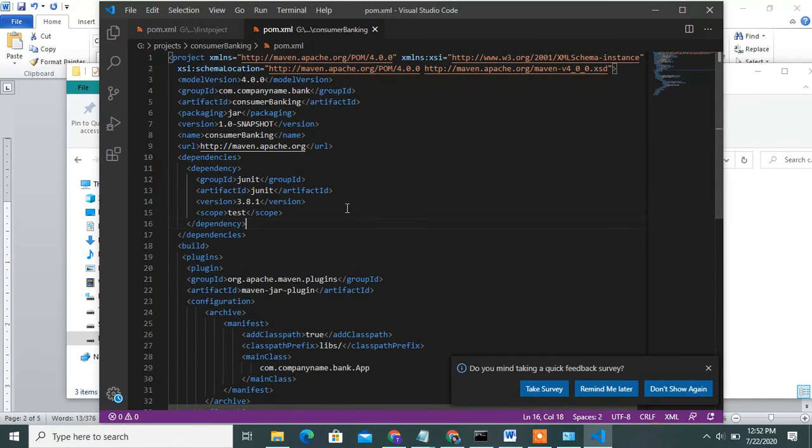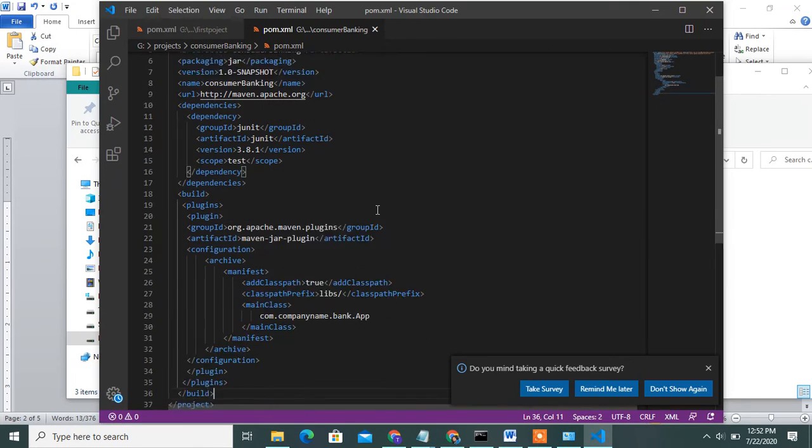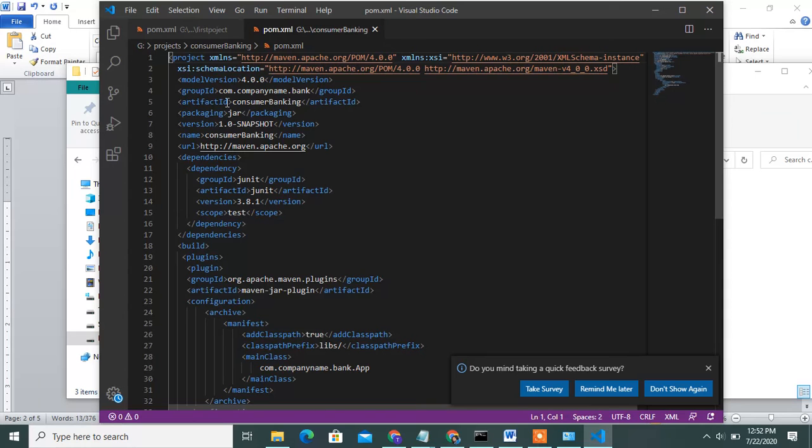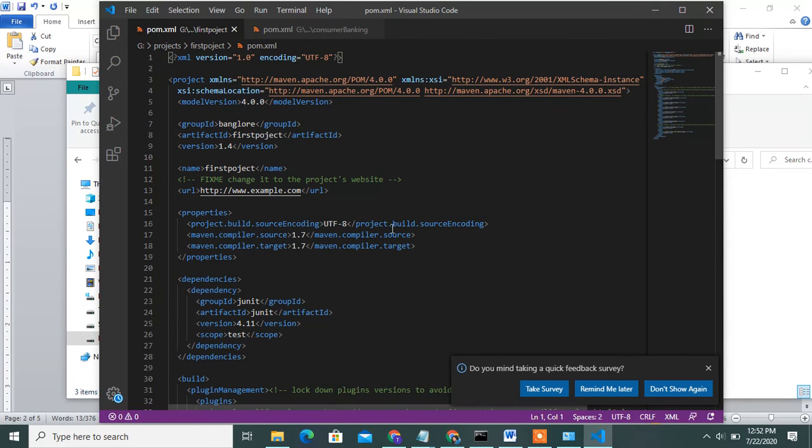See, this is a pom.xml. Observe it carefully. This is the first project. Under pom.xml, write the group ID. Group ID means the company ID, Bangalore, and artifact ID means first project. Then for version you can mention 1.4.